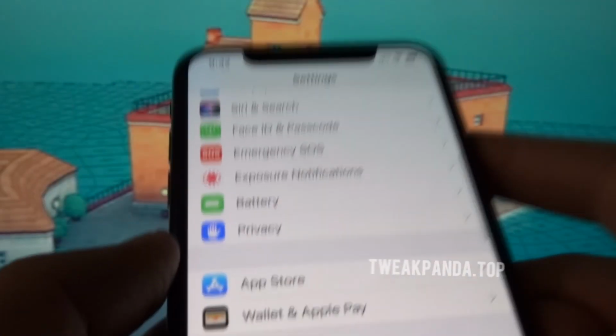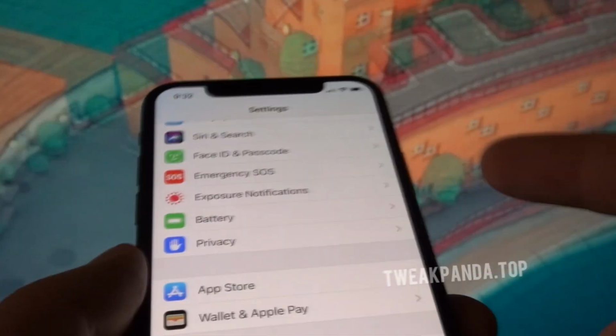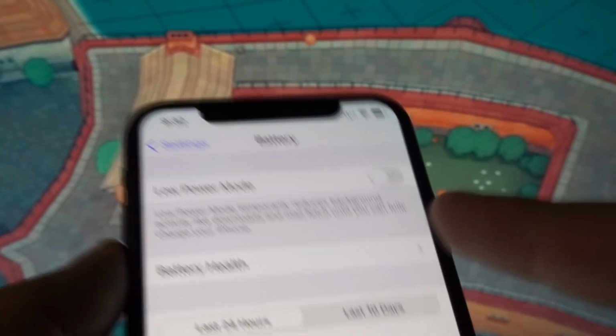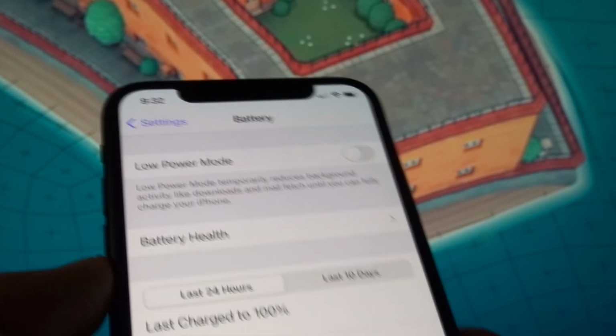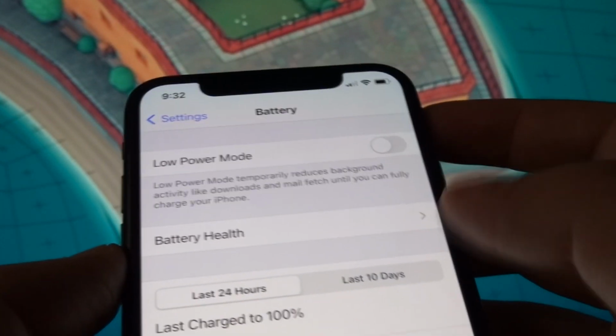which is that you have to go up to your battery settings and make sure that the low power mode on your iOS devices and your power saving or battery saving modes on your Android devices are turned off. These are the 3 adjustments that you make within the settings of your phone, and once you make these 3 adjustments, simply exit and close the settings of your phone and open the browser